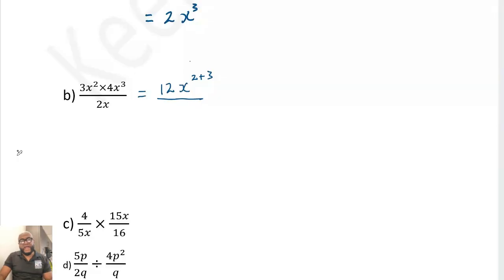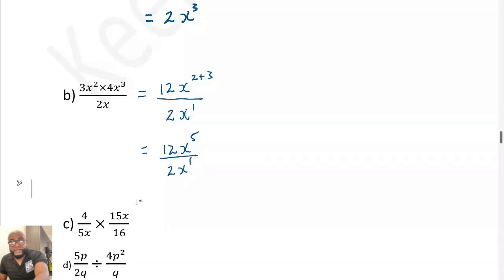Right, let's go. So divided by 2, but this is 2 to the power of what? 2x to the power of what? What power is understood there? 1. Excellent. I'll put in that one time. So this will be equal to 12x to the power of 5 divided by 2x to the power of 1,